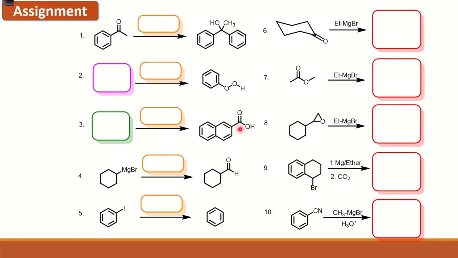In order to form this carboxylic acid, what will you add? Carbon dioxide to the Grignard reagent. Now you want to prepare an aldehyde, so you can prepare it with the help of HCN. Now you want to prepare a benzene ring, you have to remove I, then you just add Grignard reagent or just do the reaction of halogen exchange. Now you can easily attach this Et group on this. This is your ester and you will get a tertiary alcohol. This is your epoxide and you will get a primary alcohol. Carbon dioxide, you will get a carboxylic acid, and from the CN, what will you get? You will get a ketone.